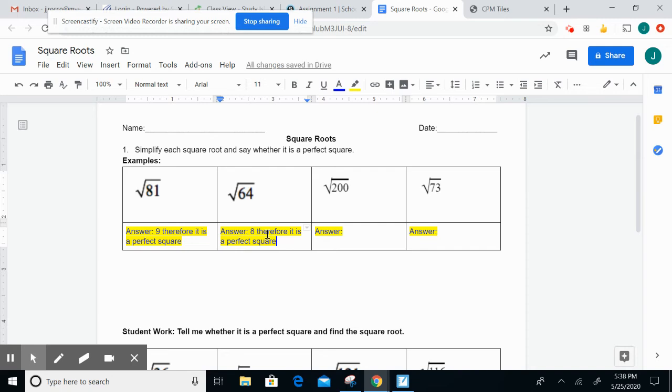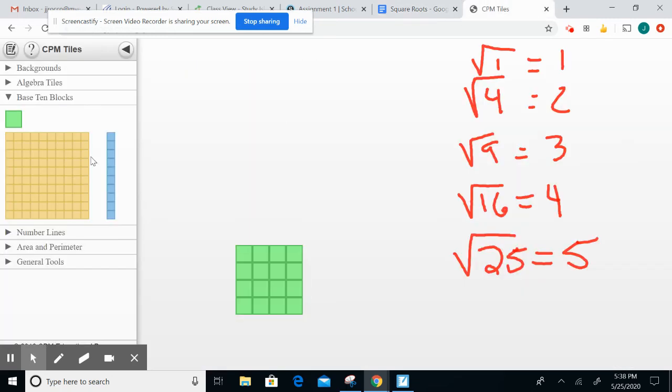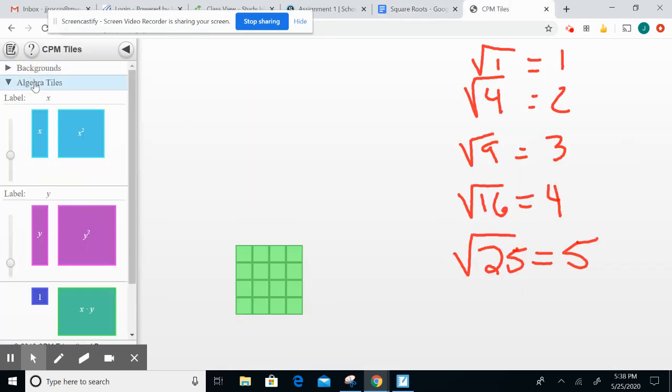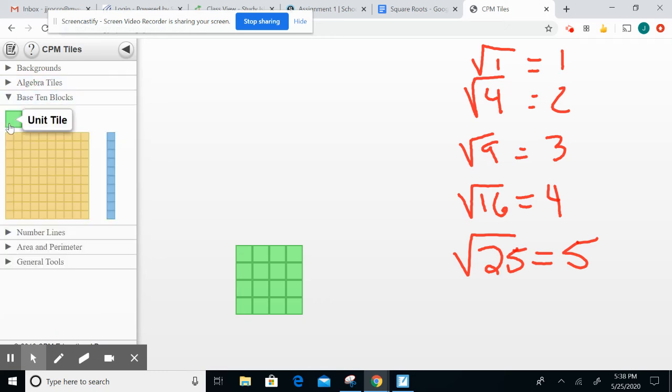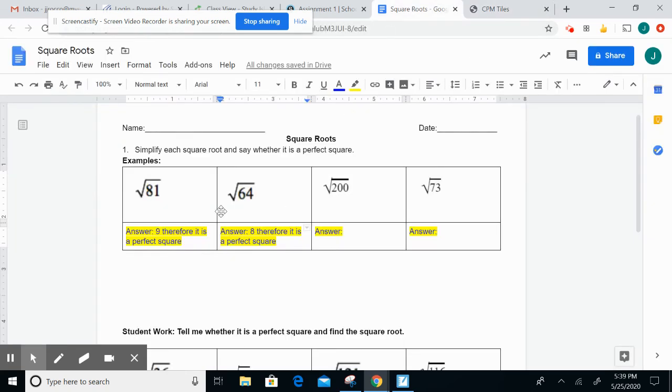If you actually wanted to use this, it's part of our textbook. Here's our algebra tiles. Just go to blocks and you can use the green blocks. I don't want to get 81 squares out, but if you take 81 tiles, you can line it up as a 9 by 9 square. 64 would be 8 by 8. Now square root of 200, again, I don't know if you want to get 200 squares out, but the square root of 200 is